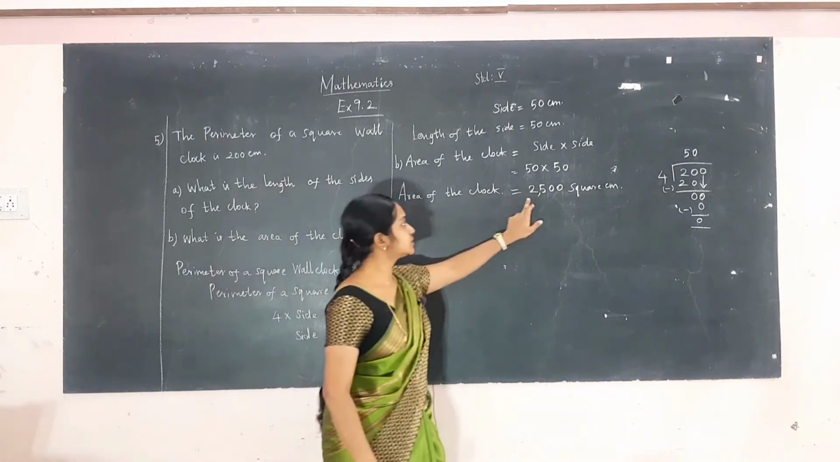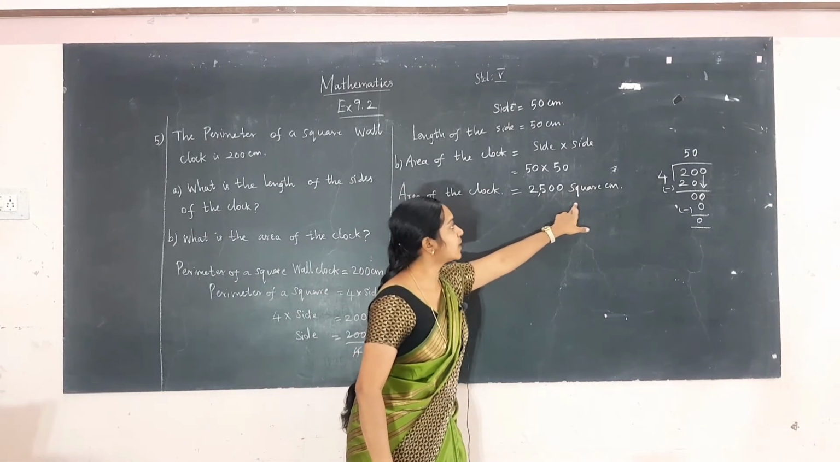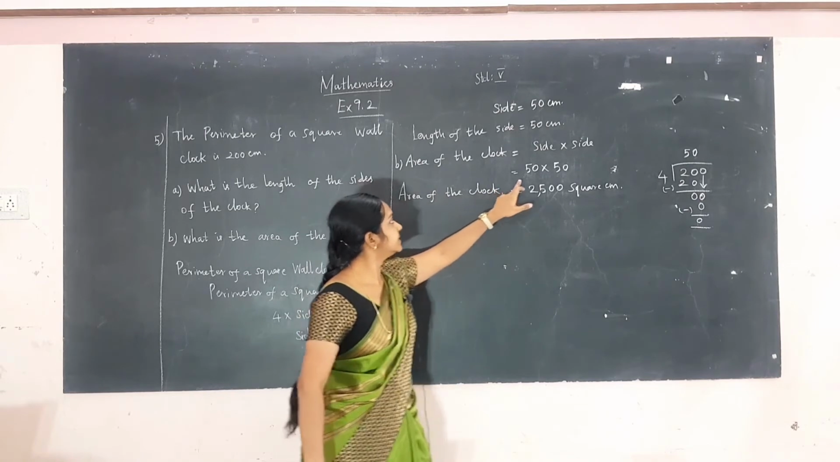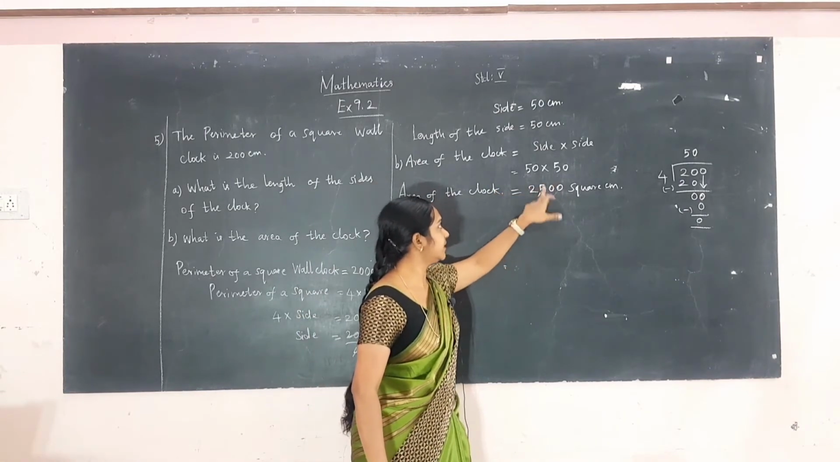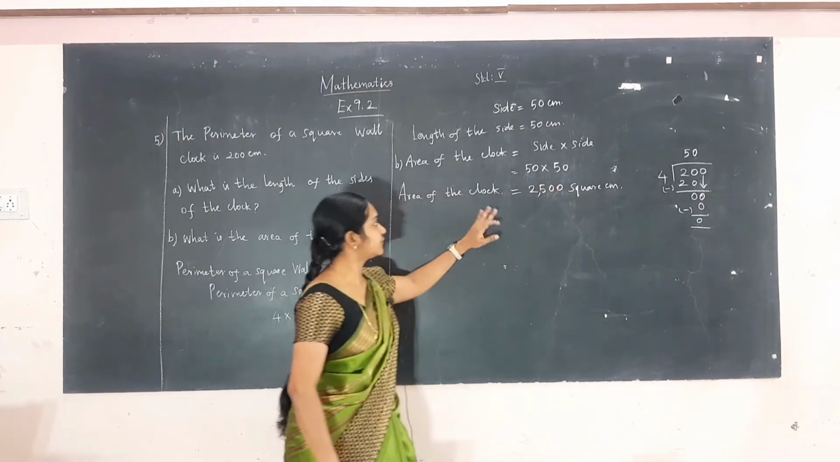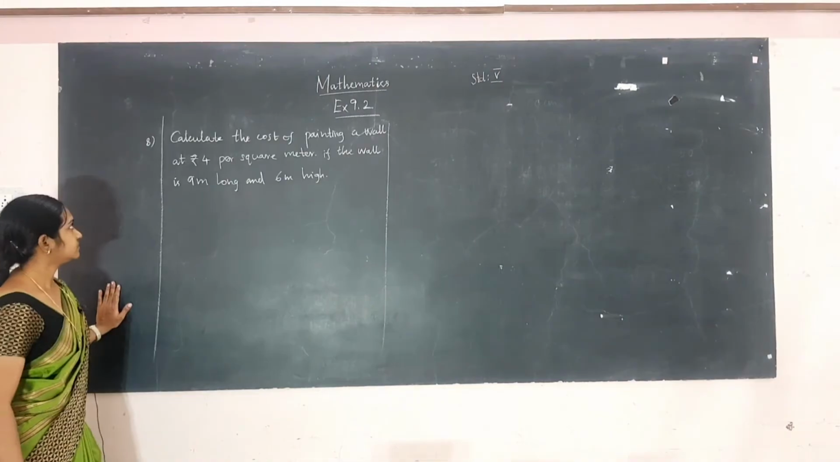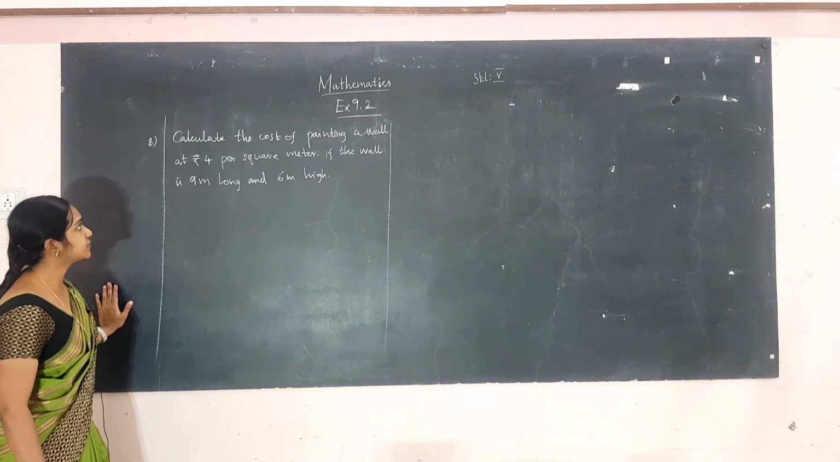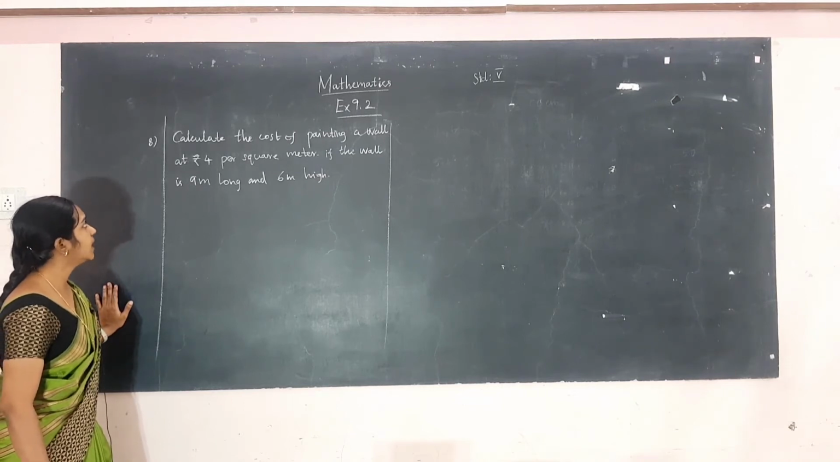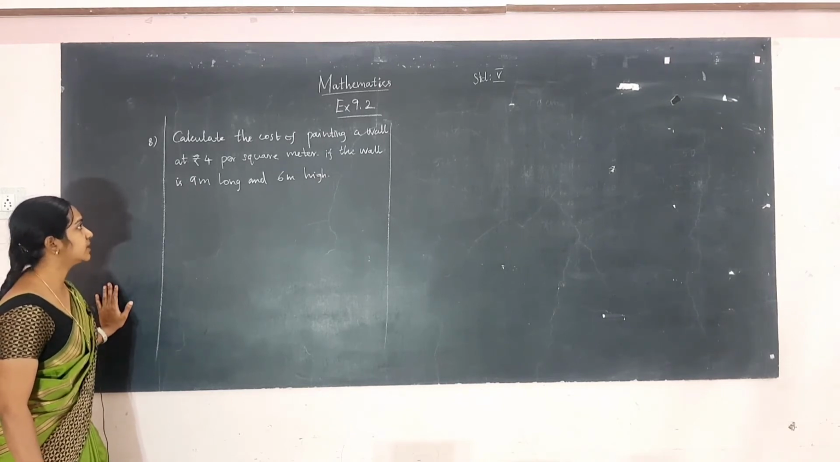Area of the clock is 2500 square centimeter. Multiply the numbers, it is 25, add 2 zeros. So, area of the clock is 2500 square centimeter. The 8th problem is: calculate the cost of painting a wall at rupees 4 per square meter if the wall